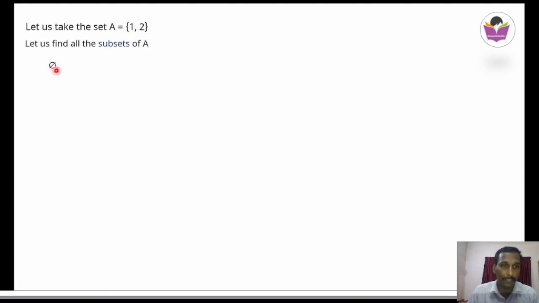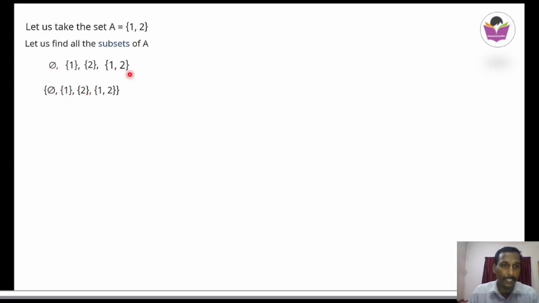First we have written phi, then each element we can take singly, the first element we can write as a set. This is one subset. Then the next element is 2, that also we can consider as a set. Then set 2, this is another subset. After all the individual elements, we can go for this set itself, that is the set of 1, 2. So phi, set 1, set 2, set of 1, 2. These all are subsets. These 4, 1, 2, 3, 4 are the subsets.